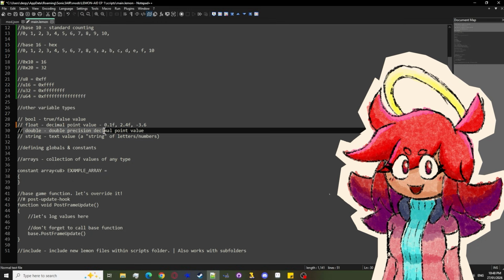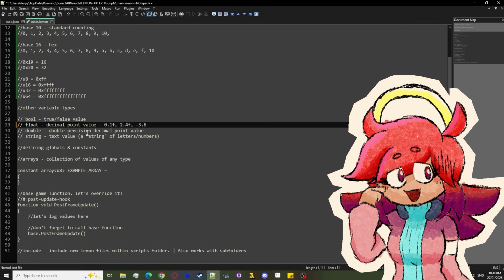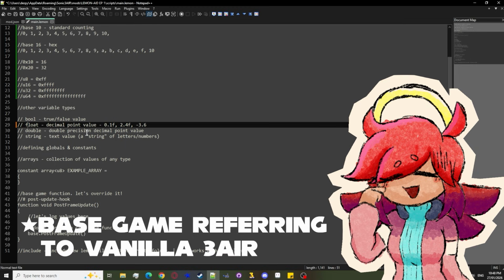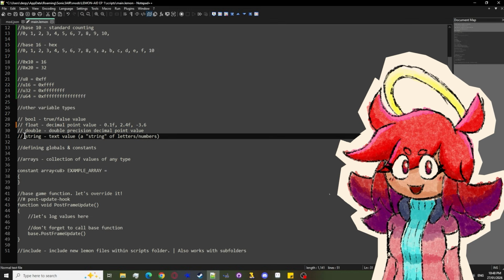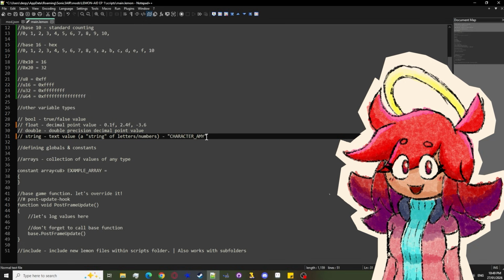And a double is essentially a float but with double precision. I personally haven't really found any purpose for this, however, it is useful in the base game and it is used a few times. And finally, we have strings, which is essentially a text value or a string of letters and numbers. So, for example, character underscore Sonic, or character underscore Amy, with these quotation marks, is considered a string, and can be used for